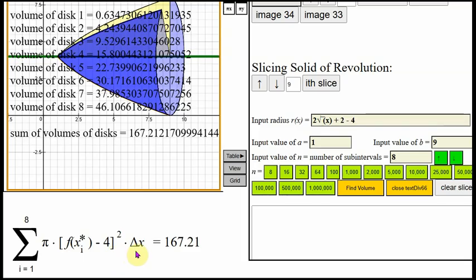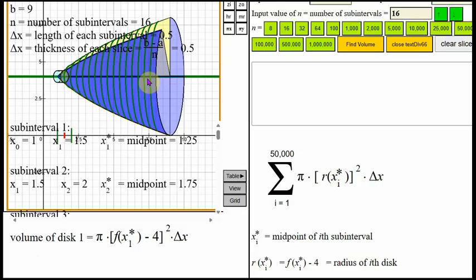This is the height of the ith disk, which is 1. The sum is 167.21. And therefore, the volume of this solid of revolution here would be approximately 167.2121. And now, instead of 8 slices, if we divide the solid of revolution into 16 slices, and then find the volumes of the 16 slices, then we'll get